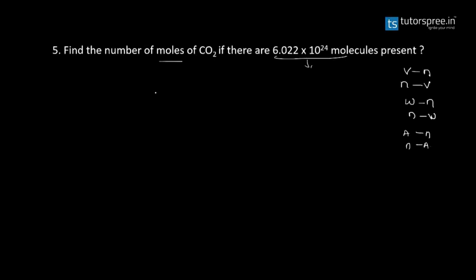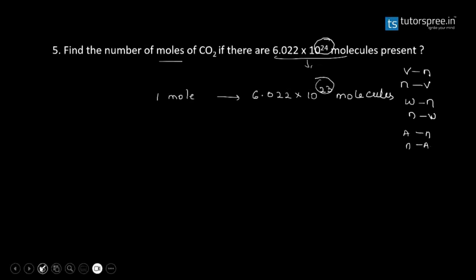So what will be the formula that we use? We know that 1 mole of any substance will contain Avogadro number of molecules, 6.022 into 10 to the power of 23 molecules. You may get confused with this exponent, so be careful when you are looking at the question. This is where you need to